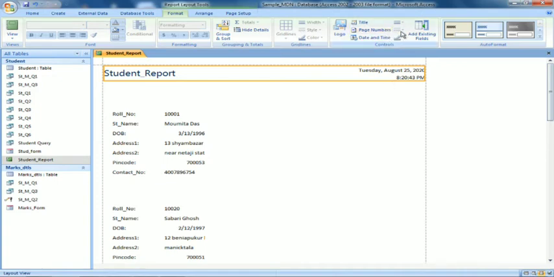Now if I want, I can give a page number. I have added two things from here. If I want, I can change the color. This is the formatting, how it will look.